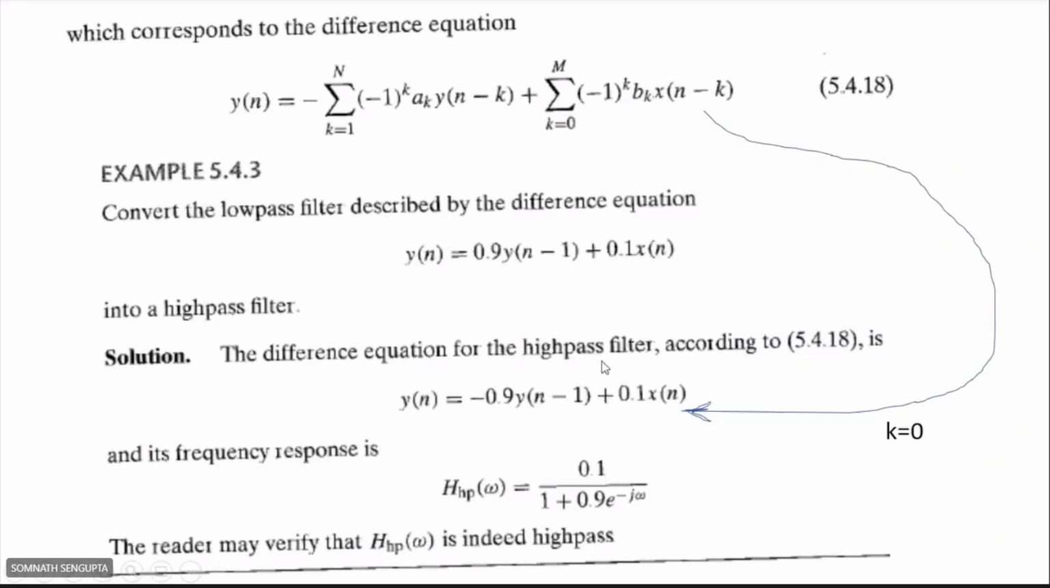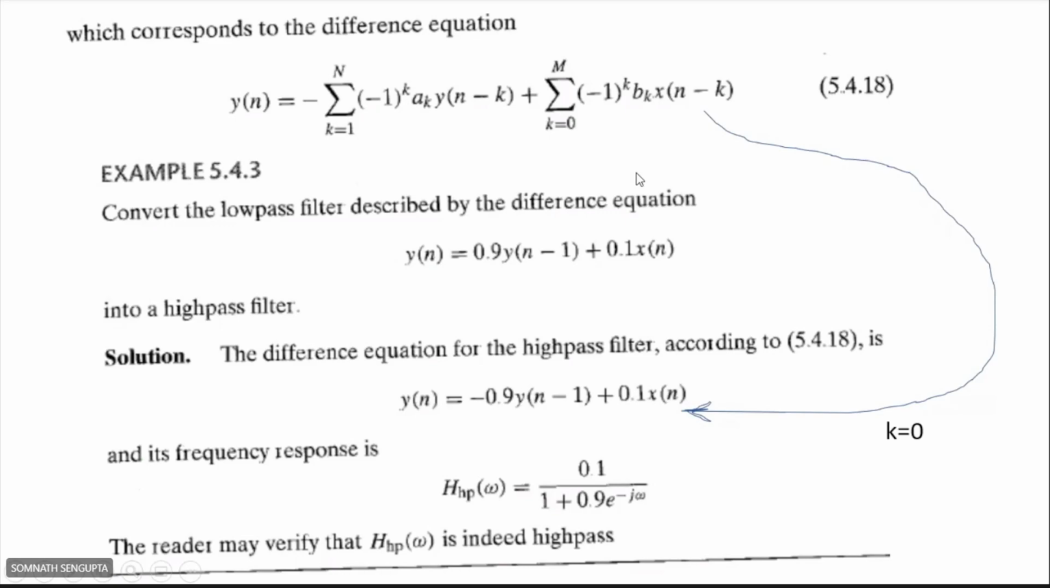So the difference equation for the high pass filter, according to equation 5.4.18, is this. You just multiply with -1 to the power k. Here k is only 1 because y goes up to n minus 1. So for k is equal to 1, we get minus, and 0.9 is the value of this coefficient a1, into y(n minus 1), plus 0.1